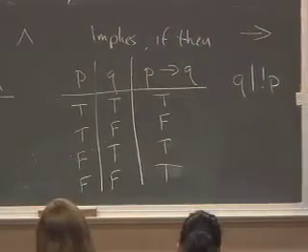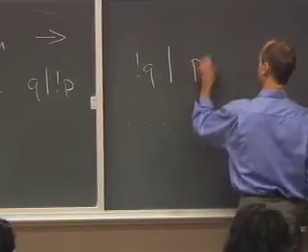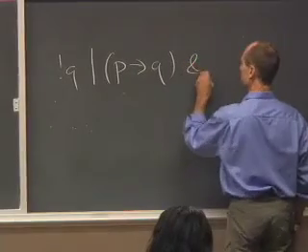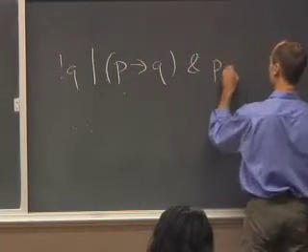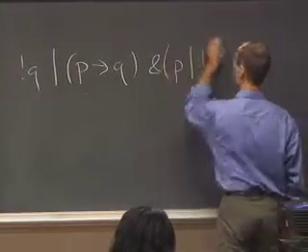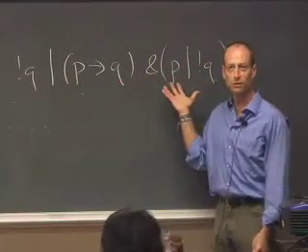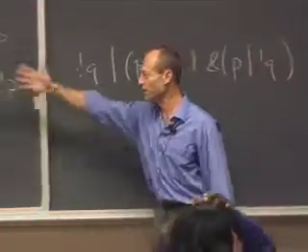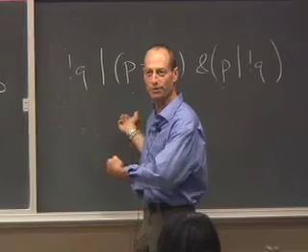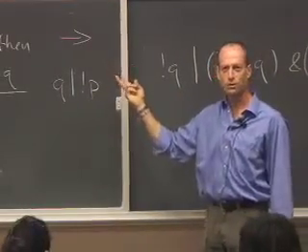But if I did something really complicated like not Q or P implies Q and P or not Q, I could write something really, really complicated involving P and Q. And in principle, that would give me some other truth table. When I plug in a value of P and a value of Q, I get some answer out. How many different truth tables are there if I have two propositions going in?